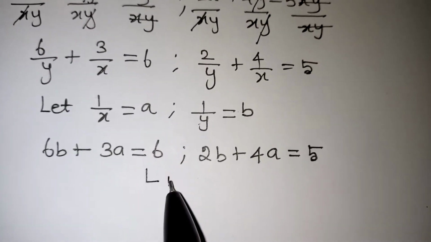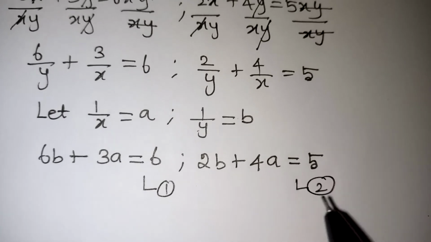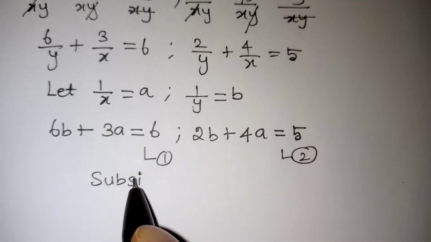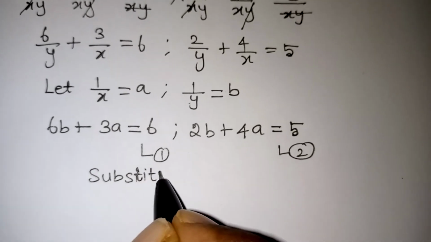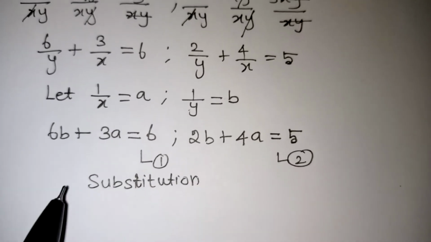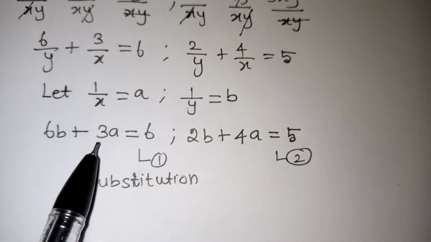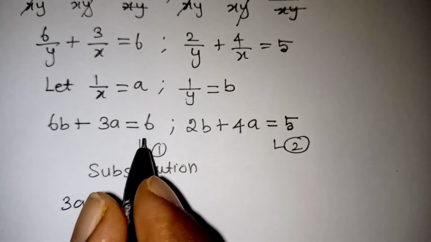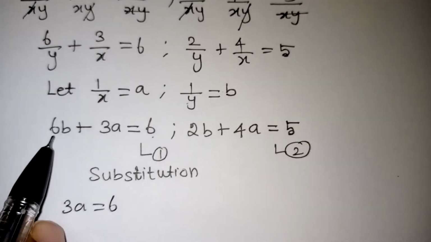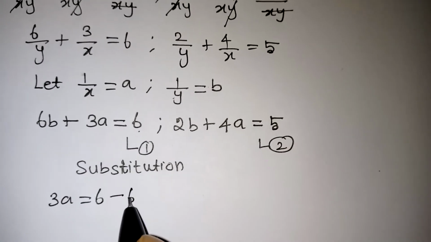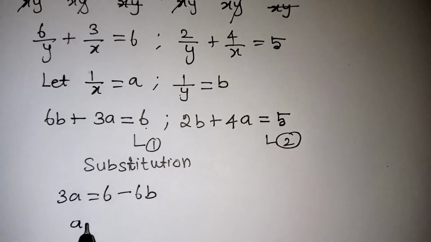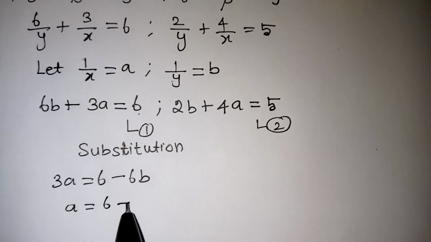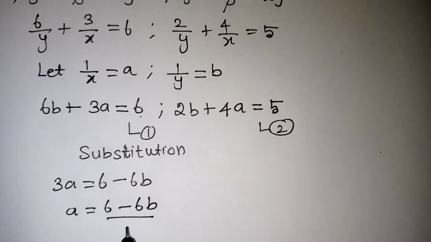By any method we can solve it. Here we are going to solve by substitution method. Any method, you can go by elimination method also. So substitution method I am going to solve these two. So from the first equation I am going to get any one of the values. So here 3a is equal to this. Here we are having 6. That plus 6 we bring it to that side, that will become minus 6b. So a is equal to, multiplication 3, if we bring it into the other side it will become division. So 6 minus 6b by 3 we are getting.